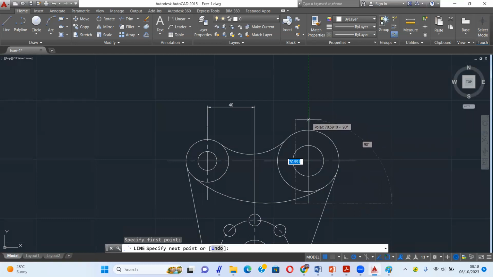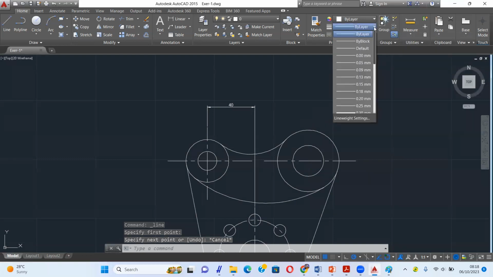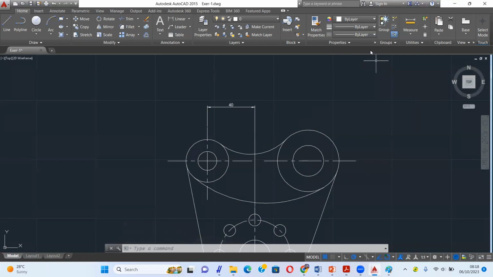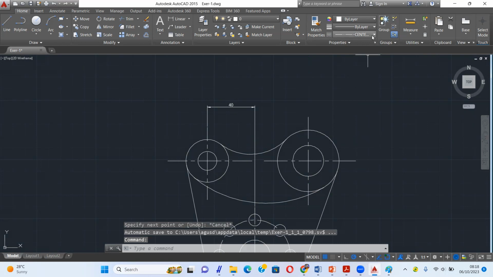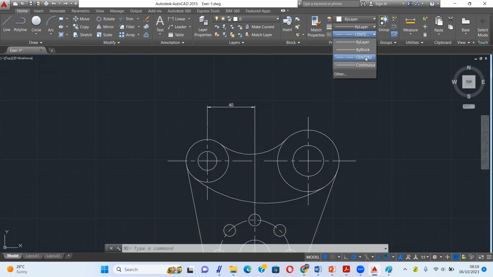Actually, before we do the line, you can change the line type to center. So when you create a line, it automatically becomes a center line. But remember to change this line back to by layer or continuous.